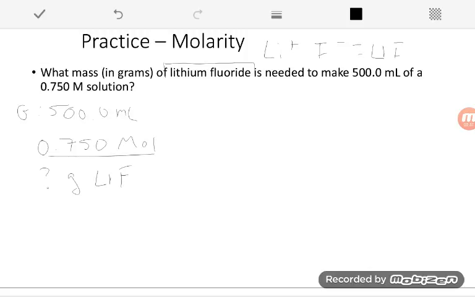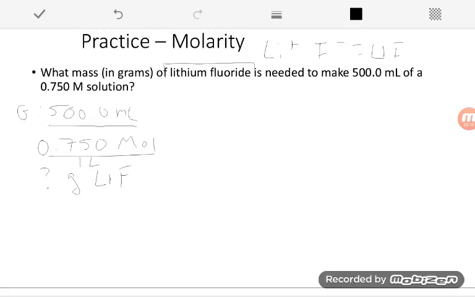So the first thing I like to do is if I see molarity, big M, I remember that this really stands for moles per liter. And now this just looks like a fraction. So we have milliliters, we have a molarity, a conversion factor, moles over liters, and we want to end in grams. If we treat this just like any other conversion problem,